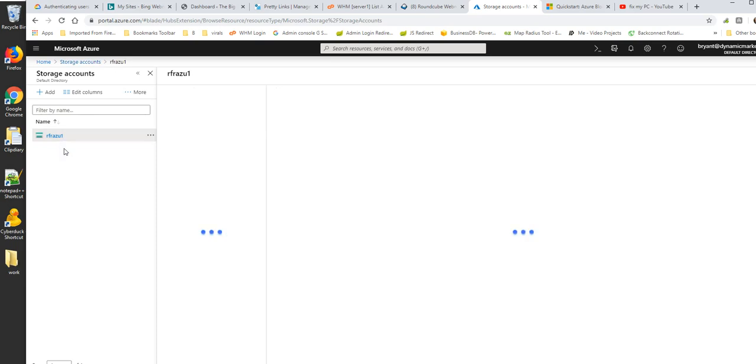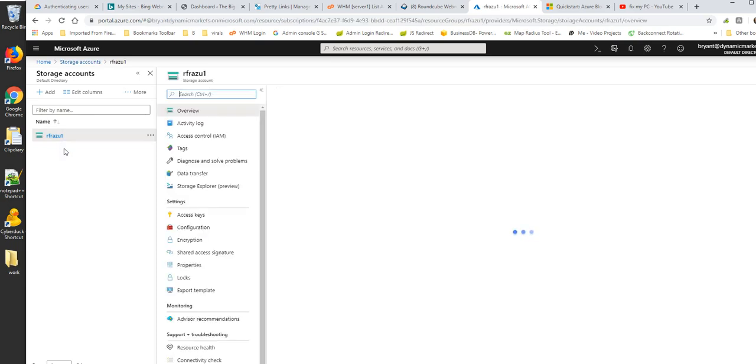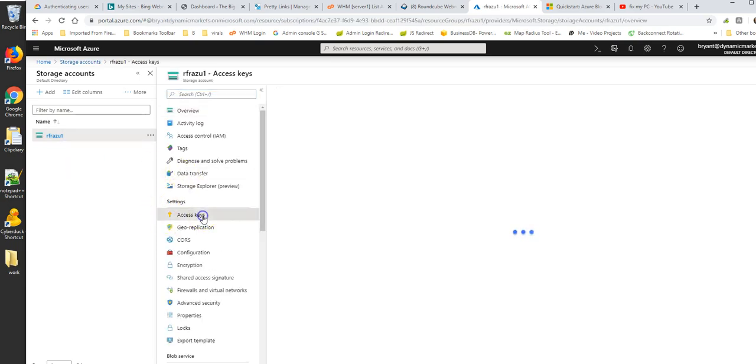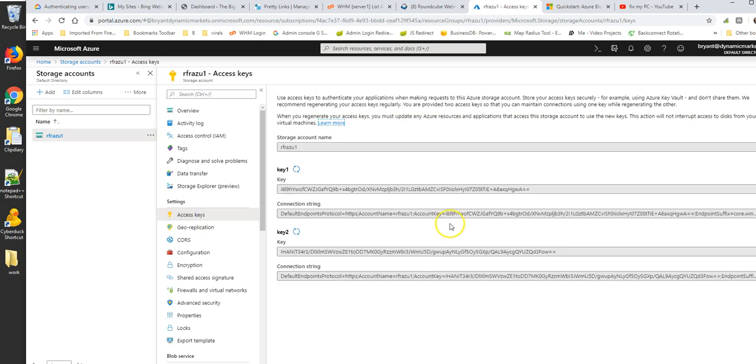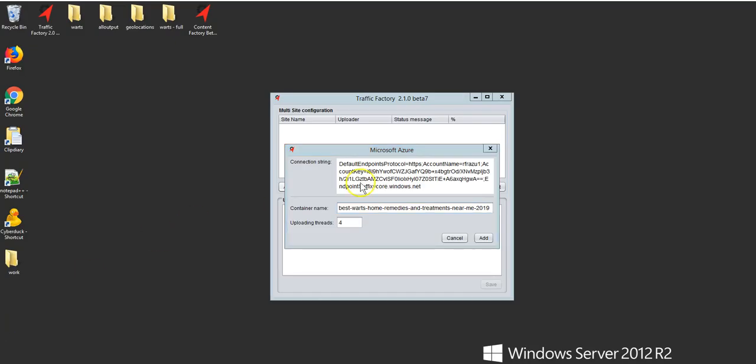This is the one that I've been building in. Come over here and get your access keys for this storage account. And I've generated a couple of them. So you just copy the access string and paste it in